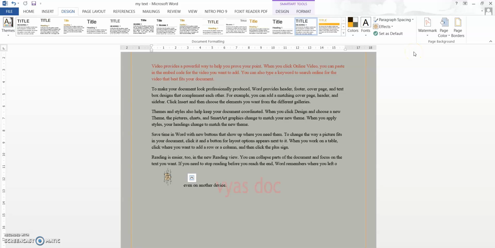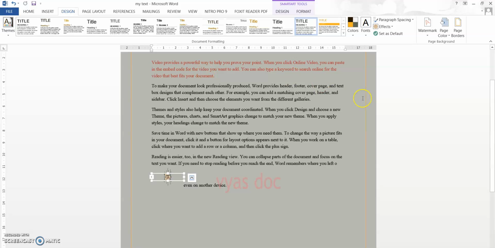And I would like to tell you one more time that please do not select this set as default option. The set as default option will set the entire theme, the entire changes, the entire font, color, everything as default. And whenever you are trying to edit the font size, the background color, the watermark, everything will be in the default position on its own. So please do not select that.